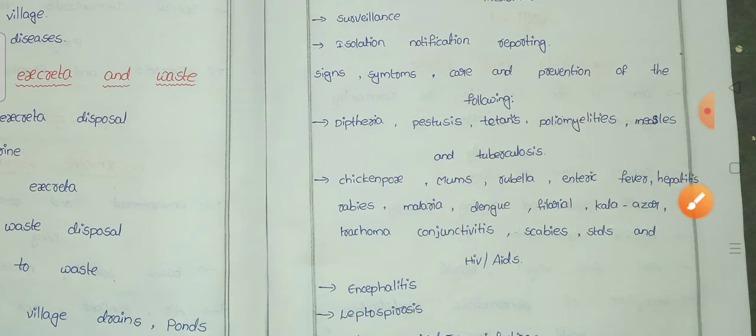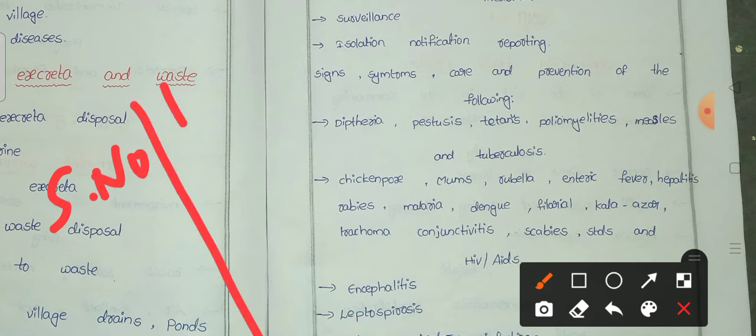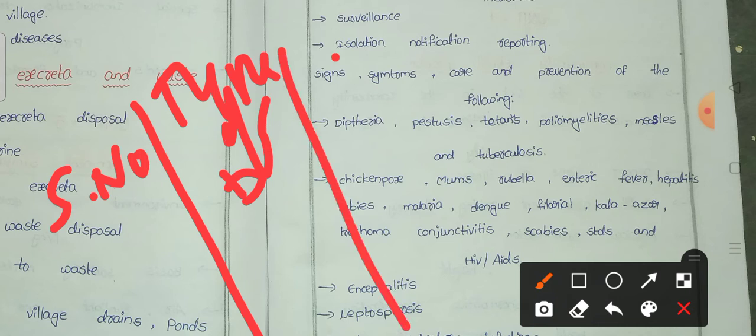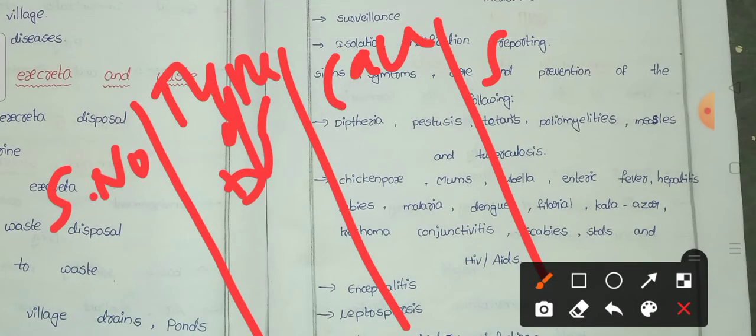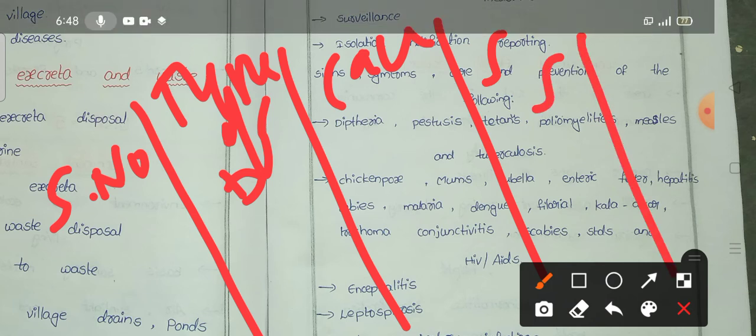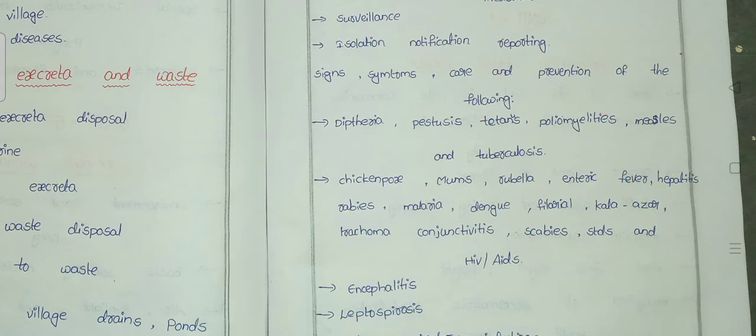Okay, so what I am listing, we have tried like this: serial number, type of disease, cause of organism, next signs and symptoms, next investigations. Okay, and next one is the preventive aspects, next one is the control. So this way we have tried that. We have to maintain the columns and we have to fill in all the diseases. Is it clear?